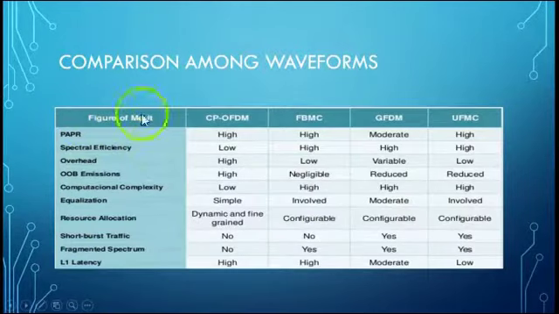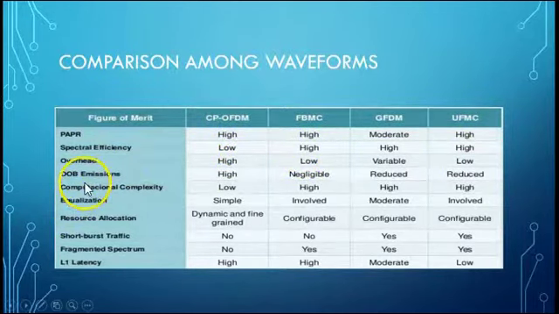This is another way of looking at the comparison among various waveforms. These are probably the performance indicators we actually saw earlier. For example, there is a peak to average power ratio, which is very high in case of CP-OFDM, and it is moderate in case of generalized frequency division multiplexing. Similarly, the spectral efficiency, which is very low in case of the CP-OFDM, and it is very high in all other